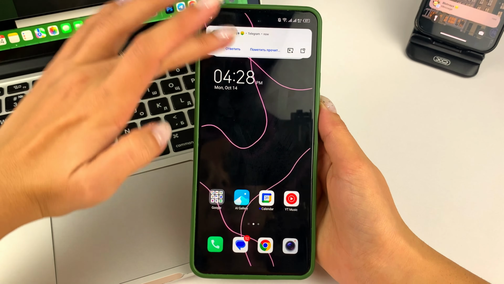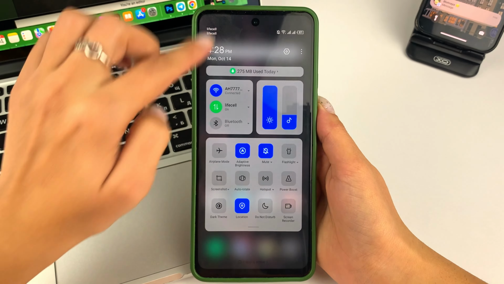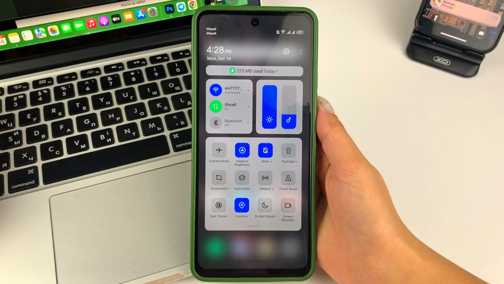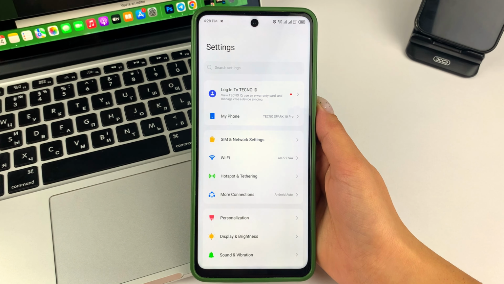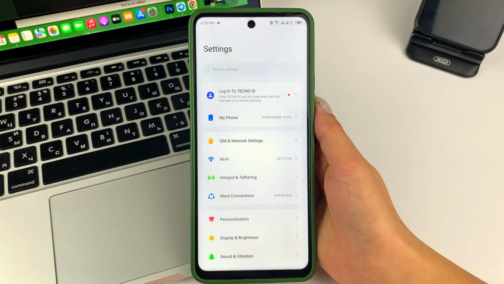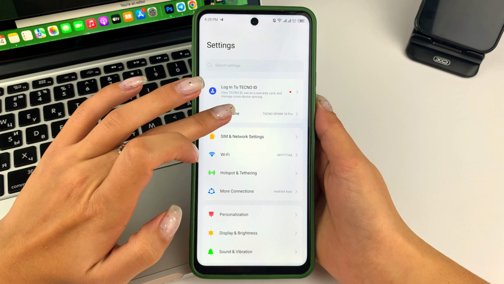So, friends, first of all, you will need to open the settings on your device. To do this, swipe from the right side of the screen from top to bottom. Next, tap on the gear to go to Settings. After that, friends, you'll need to find either the My Phone section or the About section, depending on what you call that section. Click on it,